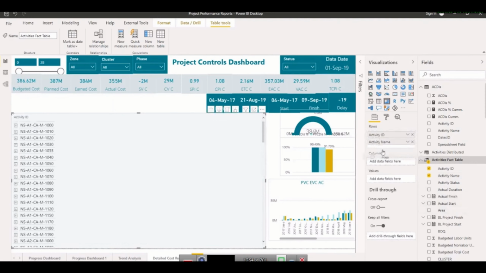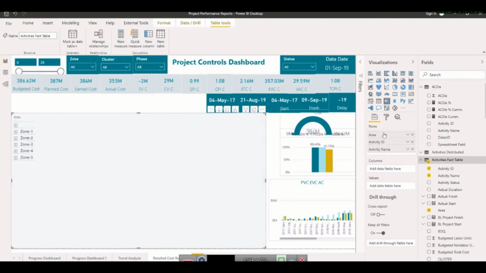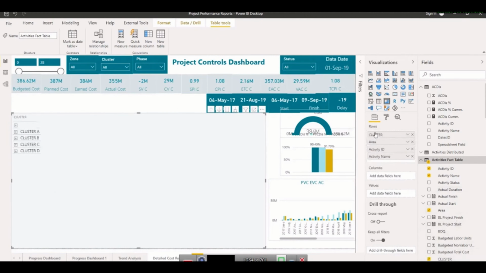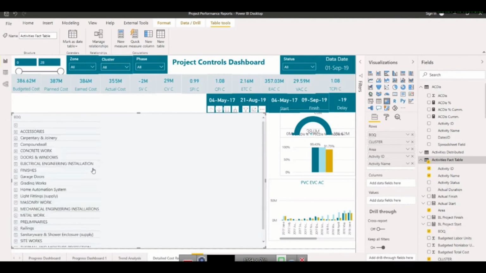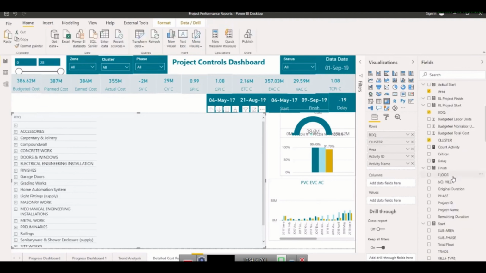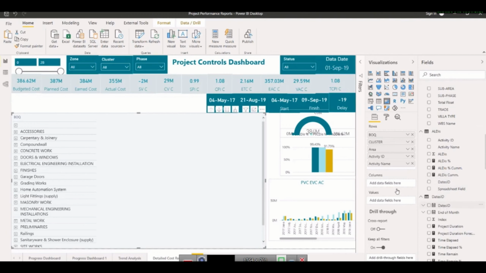And if I need, let's say, my area or zone, I will bring that at the top. This is now going to show here zone, actually it should be zone, it's written area. And let's say I bring the cluster here, for cluster, and let's say above that BOQ. Now my BOQ is also shown here. So what else do we need in the column? In the column we can check, basically it's a detail, so we can check the time. We can bring our time here, so we want to see what happened in each time period. So let's say I will bring the dates here in the column, and I don't want the quarter hierarchy. From here you can change the